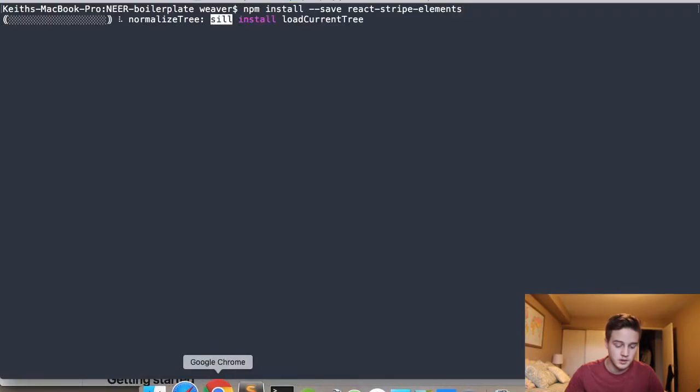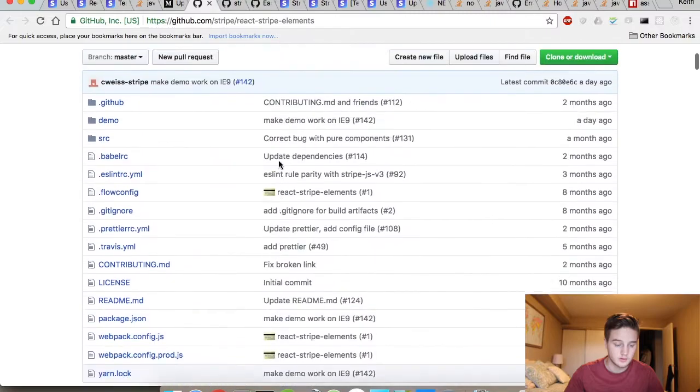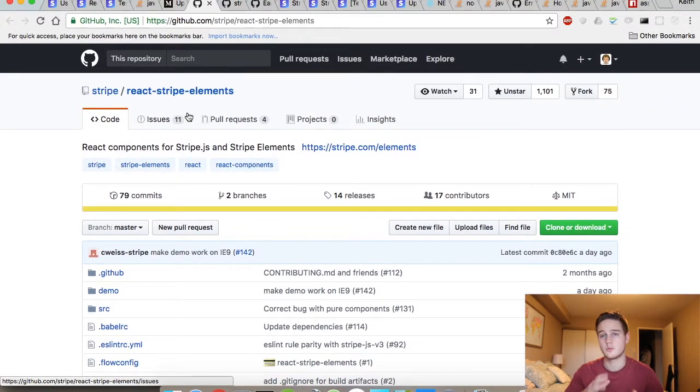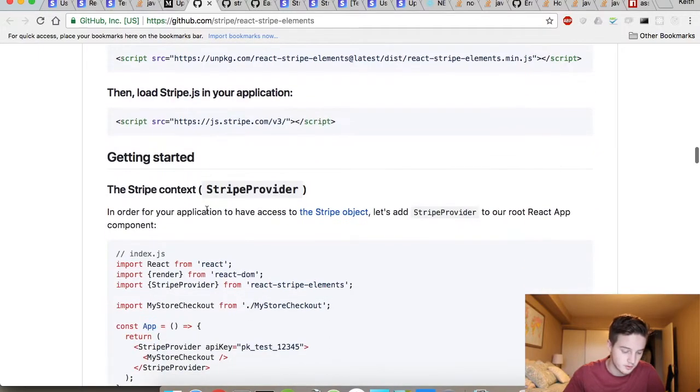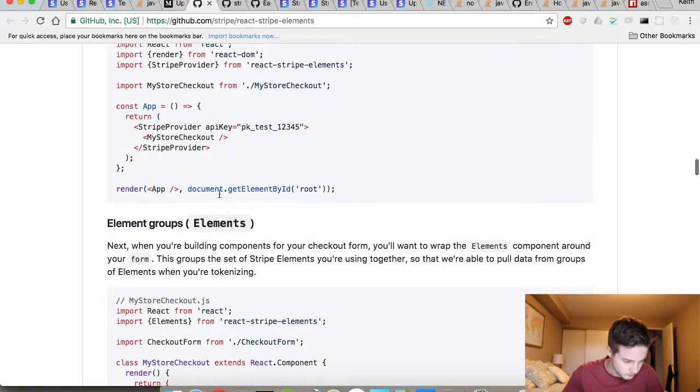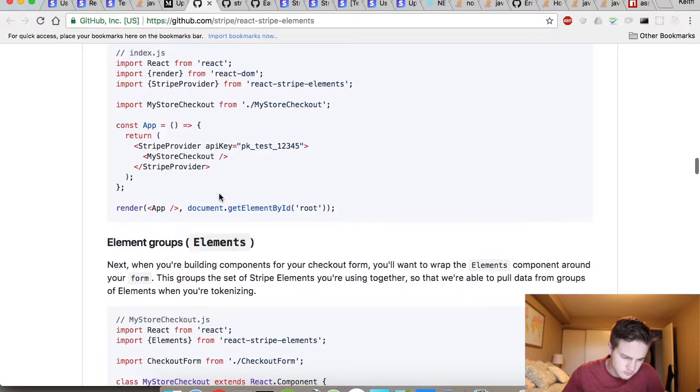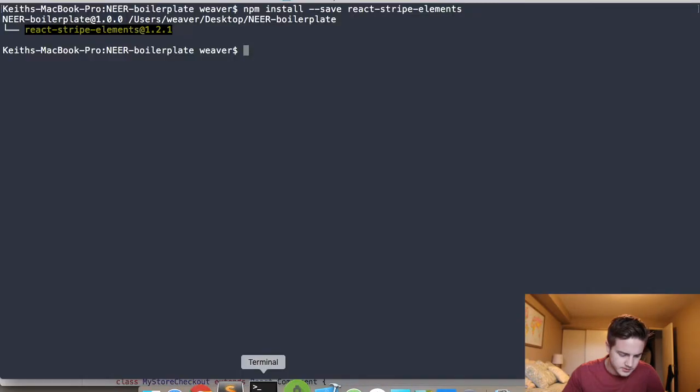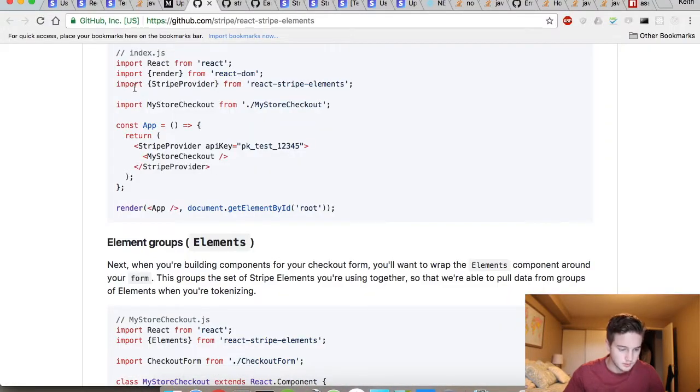Then we just jump onto the front end and do npm install. I have these URLs in the description. This is React Stripe Elements by Stripe. This is how they recommend doing the front end if you're using React. I've done it a different way, to be honest, before. And once it's done installing, which it is,